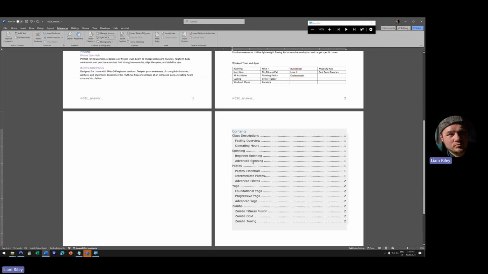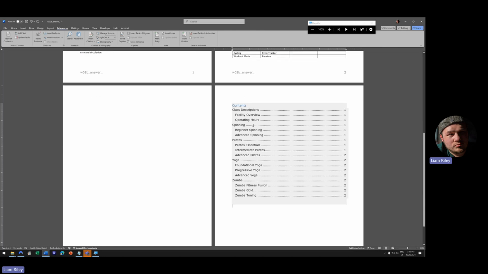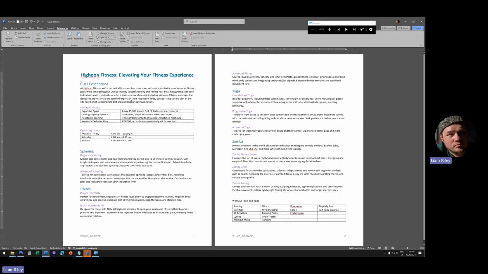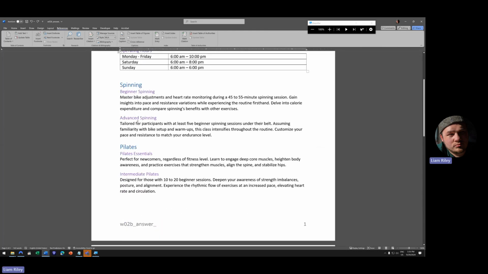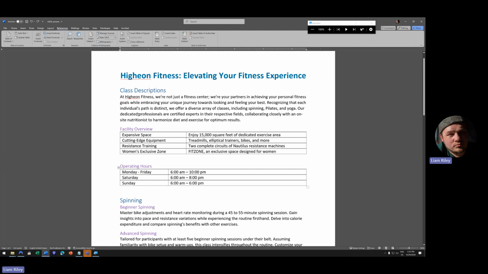And so it tells you what page they're on. It will hyperlink to them if you hold Control, so you can jump to them. And we've got our level 1 and level 2 headings. Now I'll take it out because we don't need it. But it's just heading styles. It's how a table of contents is created. We're going to move on and format the tables. There's 3 tables in this document. And they all need to be the same style. So you're asked to